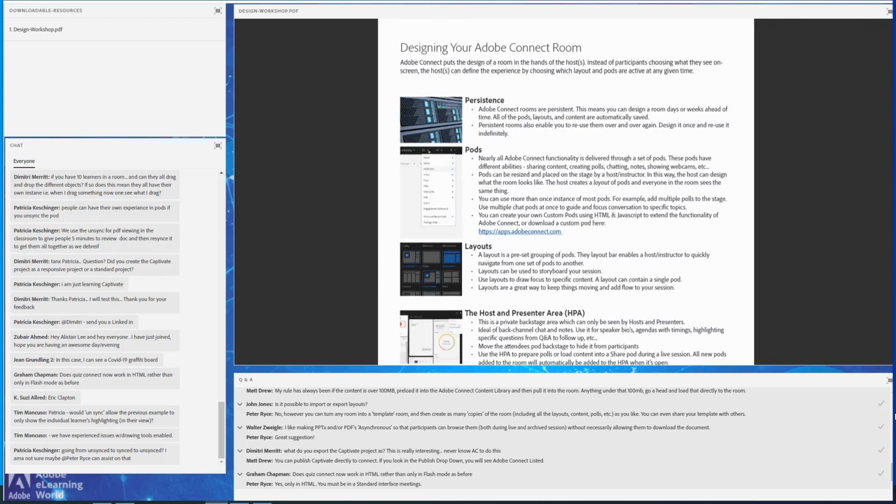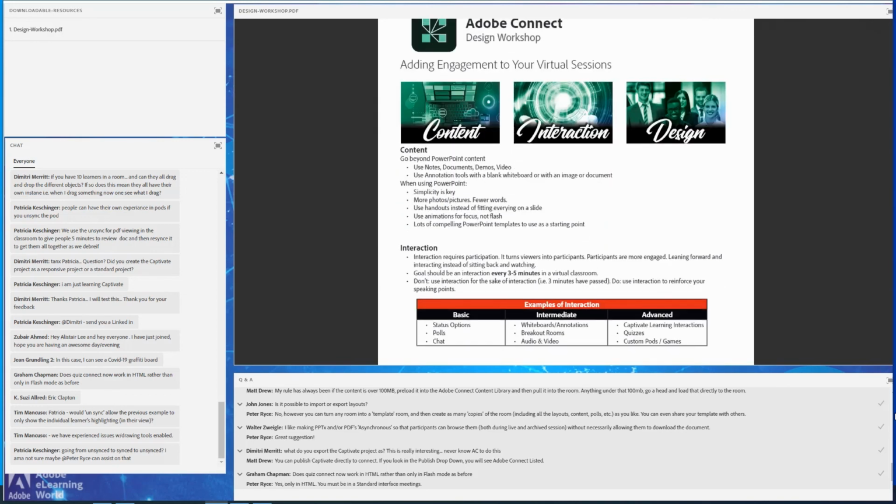It talks about design. It talks about some of the different concepts that we went through in the demonstration as well. So if you're interested in that, over to the top left is a files pod called downloadable resources. You can use that to download any of the resources, including the handout that I'm making available here.